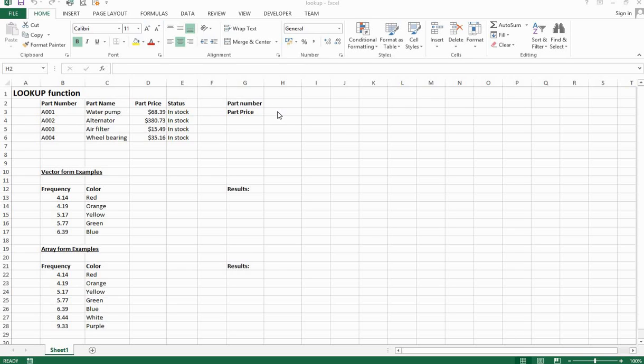Let's start. Use the lookup function, one of the lookup and reference functions, when you need to look in a single row or column and find a value from the same position in a second row or column. For example, let's say you know the part number for an auto part, but you don't know the price. You can use the lookup function to return the price in cell H3